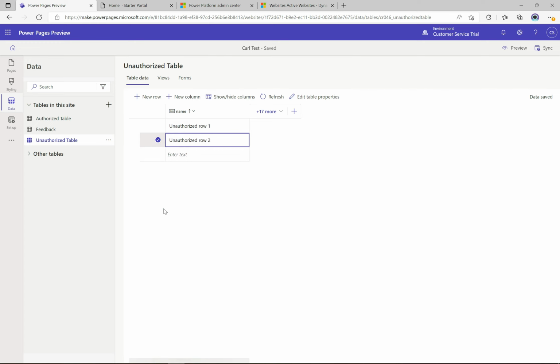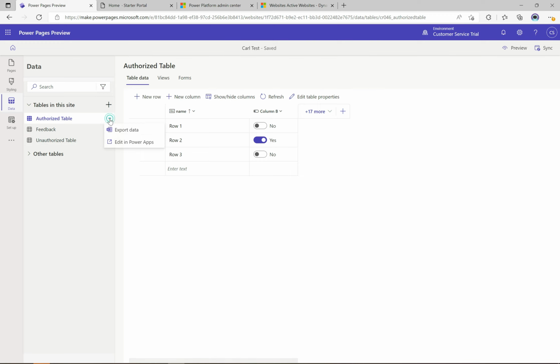Okay, so any user who hasn't signed in will be able to see this information. And any user who has not signed in, we want them to be restricted from seeing this information. And if you're kind of limited by what we just did, you always have the option here to